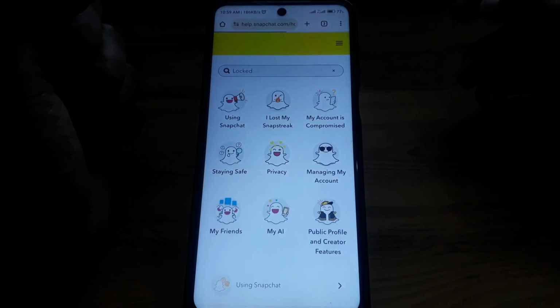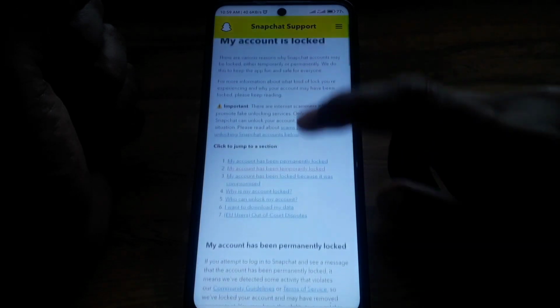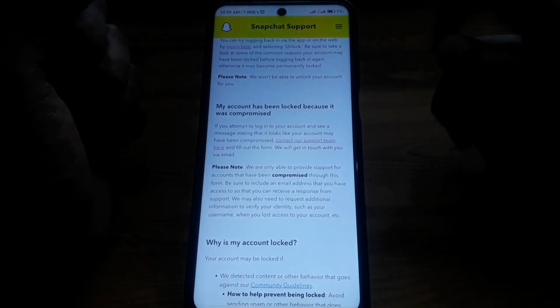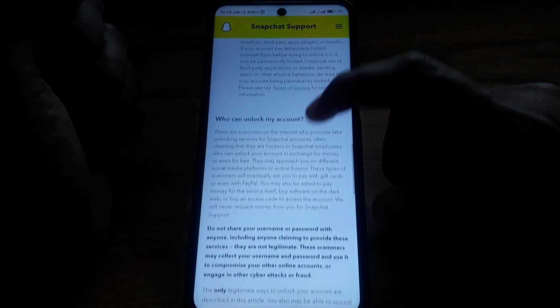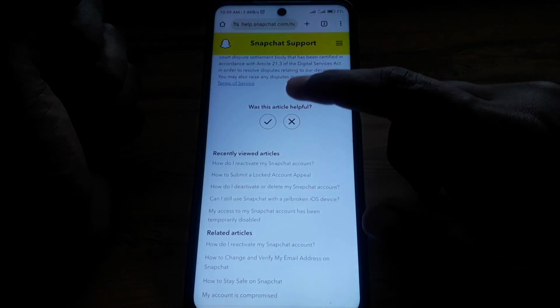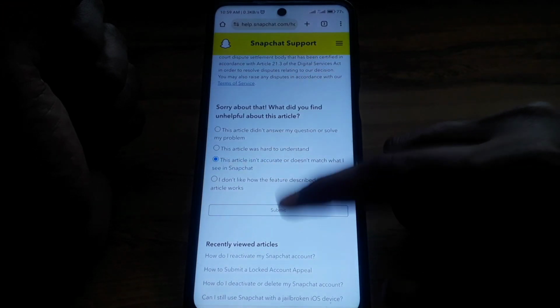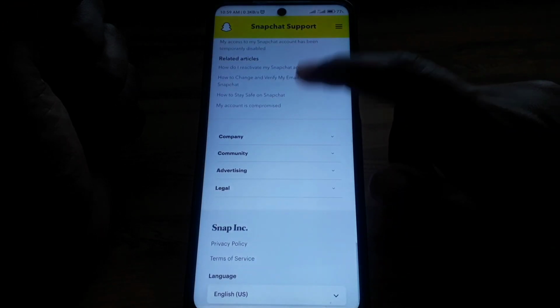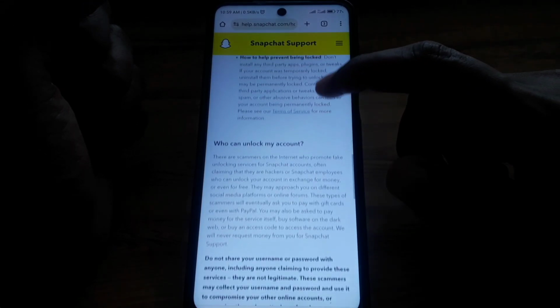So here you have to click on "My account is locked," and after that you have to simply click on "My account has been temporarily locked," and here are the reasons why your account has been locked. If you still want to get more help, then you have to simply click on the cross button, and click on submit. And after that, if you do not find any kind of form here, then